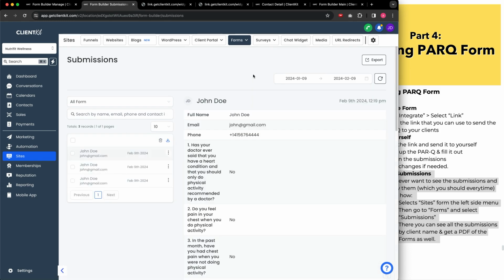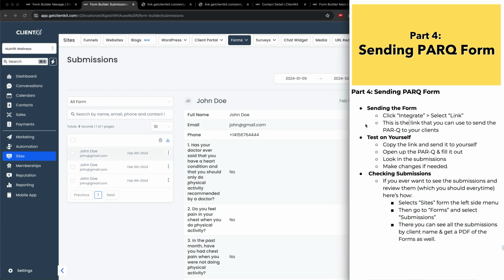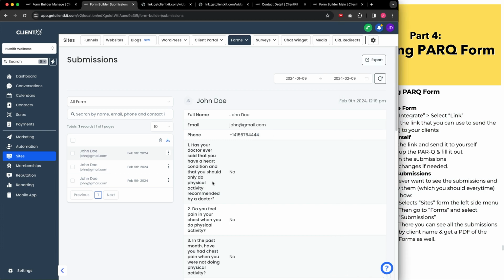I'm just walking you through where you can actually see, okay, I tested this on myself. I used the Integrate button. I was able to test this both on desktop and on mobile. And then we also walked you through how to check for the submissions and what that would look like. Finally, the last thing I'm going to mention to you